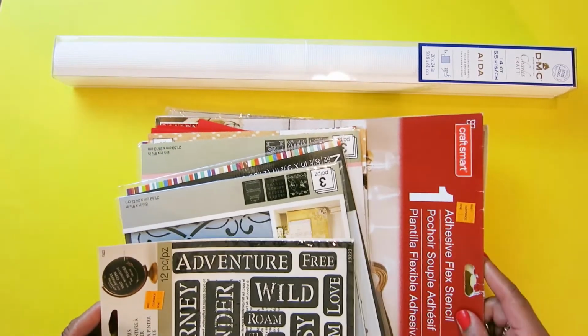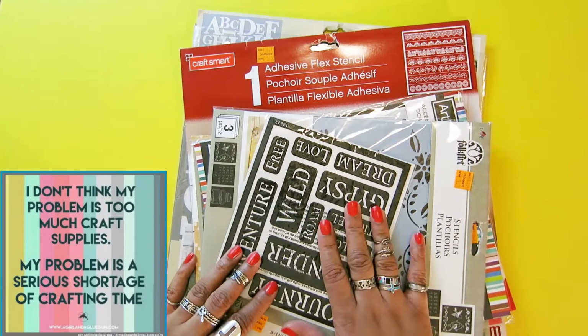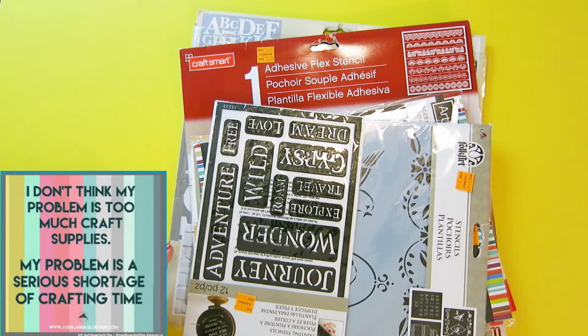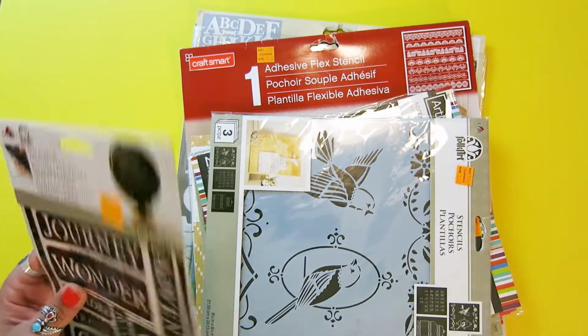And some of them as low as $1. Let's move this for now. Some of them as low as $1. But I have this thing about stencils. I can see many uses for stencils in crafting and in home decor. Generally, I find it hard to pass them up, and I can even use them in my cross stitch project,